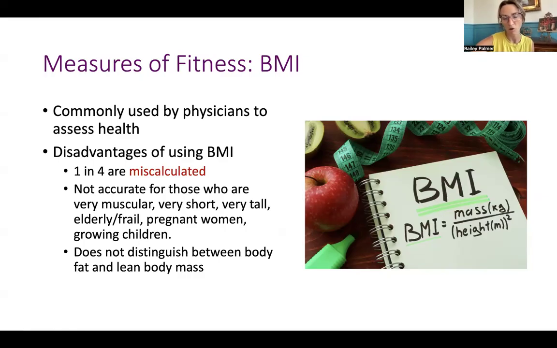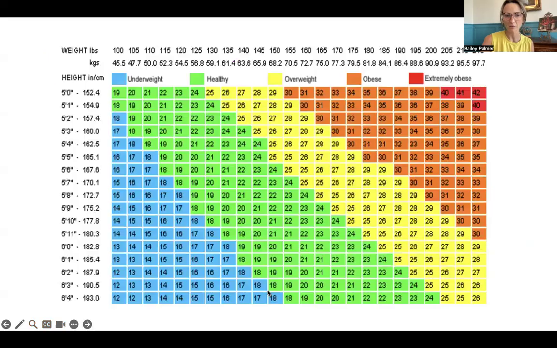If you're interested in figuring out what your BMI is, you can use this equation that you see here on the slide. And then once you get that number, you can see where you fall into the chart. And so I'll use my husband, for example. He is 6'2". So we come over here on the height side to go 6'2", and then we go all the way over. He's a little over 200 pounds, which puts his BMI at like 26, which in the yellow